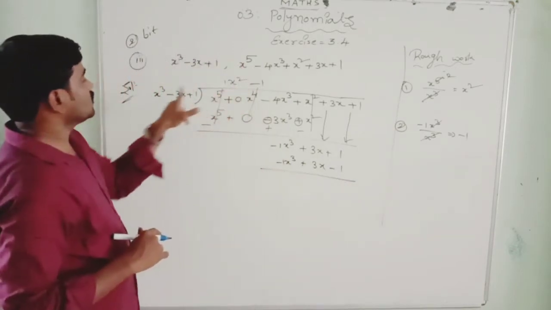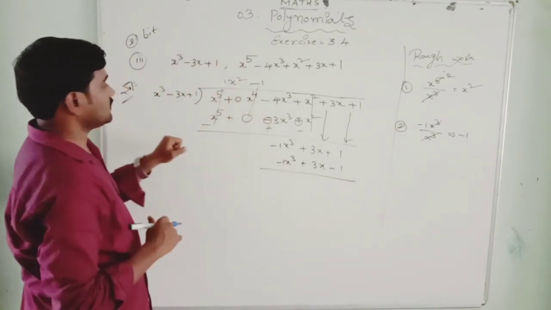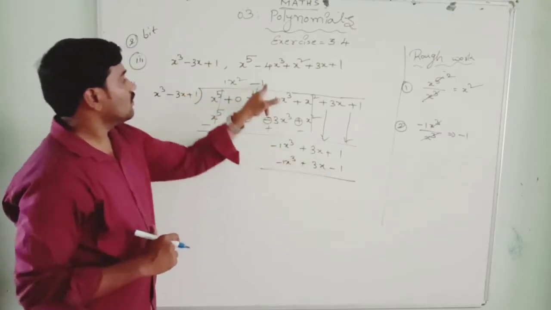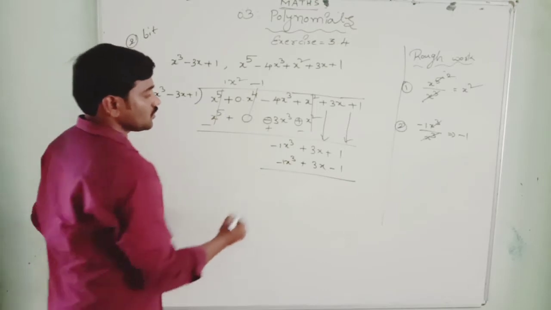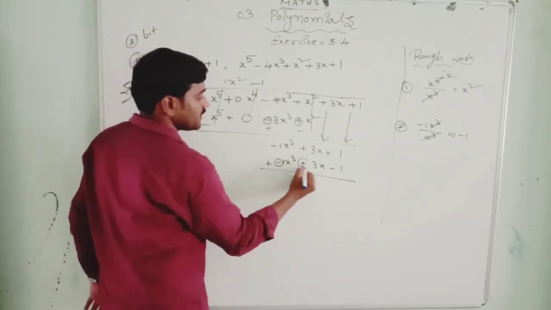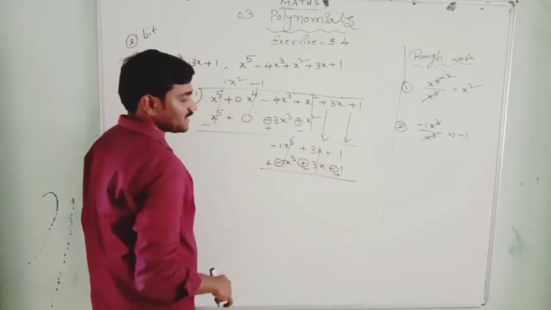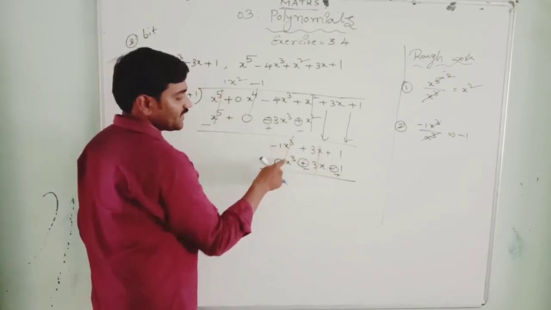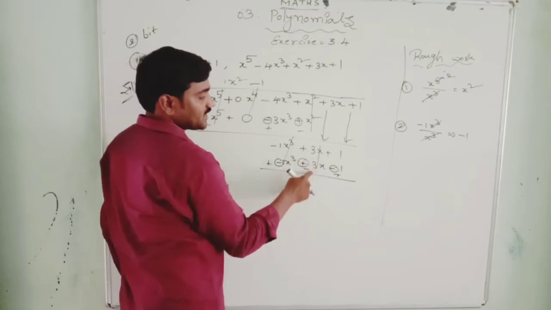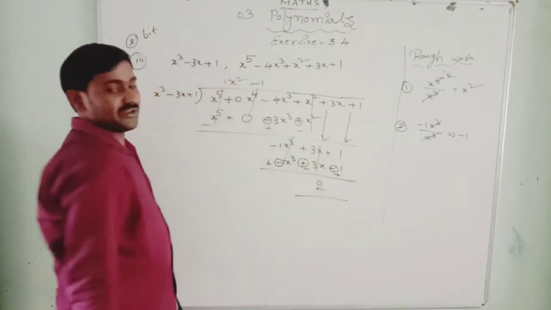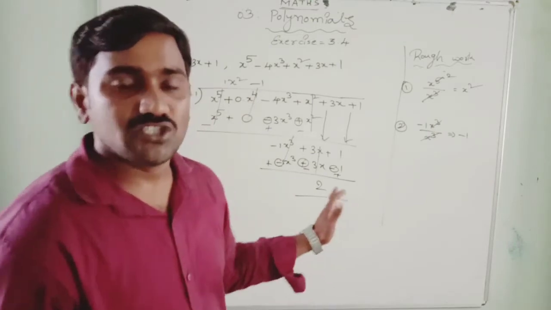See, minus into minus plus, so plus 3x. Now minus into plus is minus. 1 into 1 is 1. So here we change as a plus, here we change as a minus, here we change as a plus. See, these both we can cancel now. 1x cube minus 1x cube plus 1x cube plus 3x minus 8 cancel here. 1 plus 1, 2. Remember, you did not get 0.